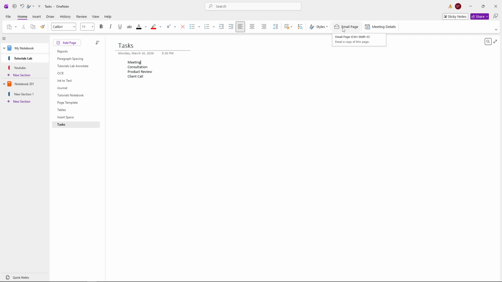This feature is incredibly useful for quickly sharing notes, meeting minutes, or project details without the hassle of exporting files